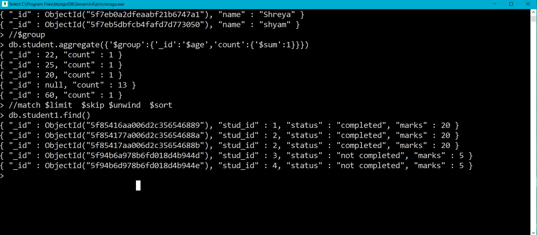I'm also going to use $group, where we are going to group the documents according to the student ID. And I'm also going to use sort, which is used for sorting the documents in either ascending or descending order.